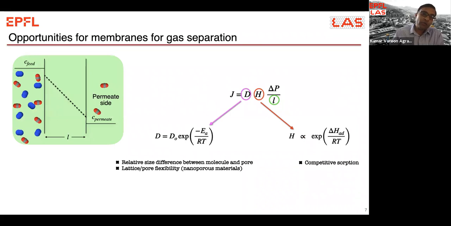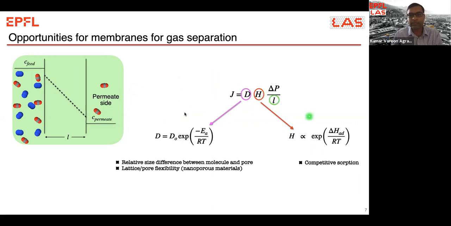Okay, so back to fundamentals. What we are doing in a membrane is essentially having a thin selective layer, which is selective for a set of gas molecules, but is a barrier for another set of gas molecules. So what you do is you establish a concentration gradient across the membrane, and based on this concentration gradient and the affinity of the gas molecule, you have the flow.